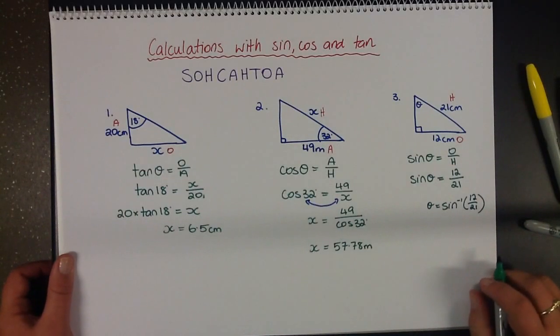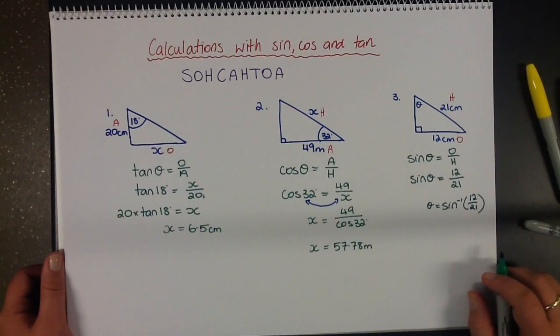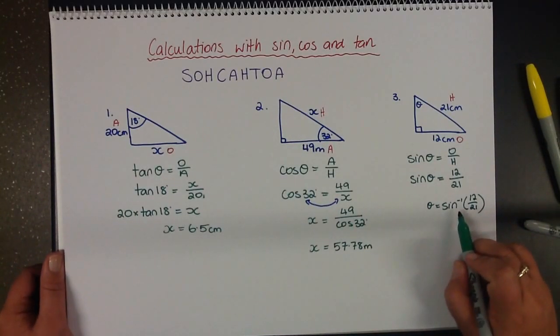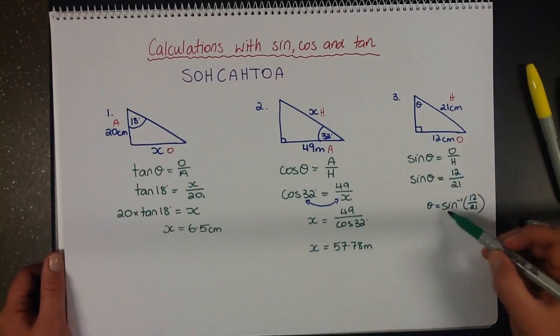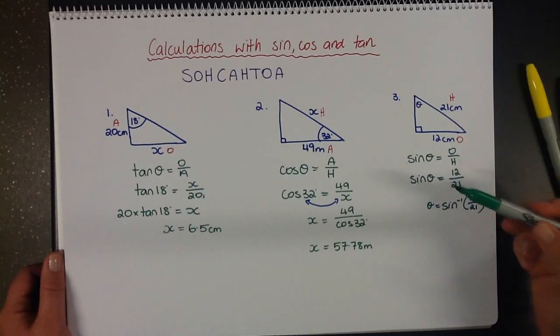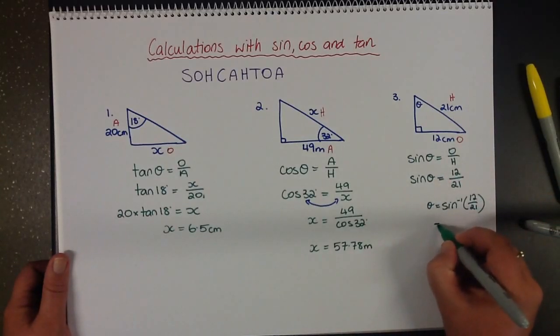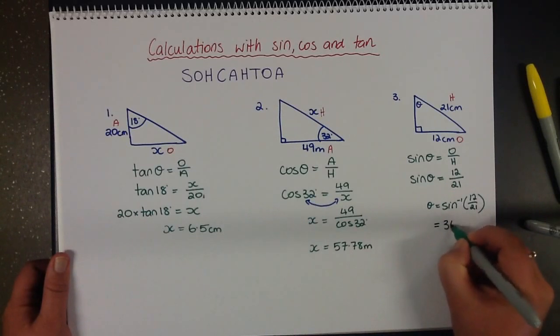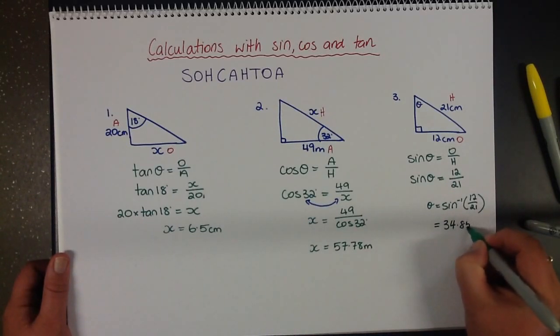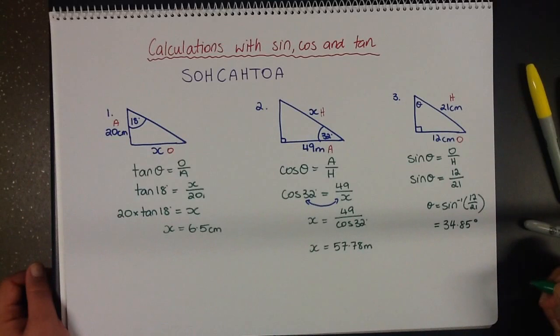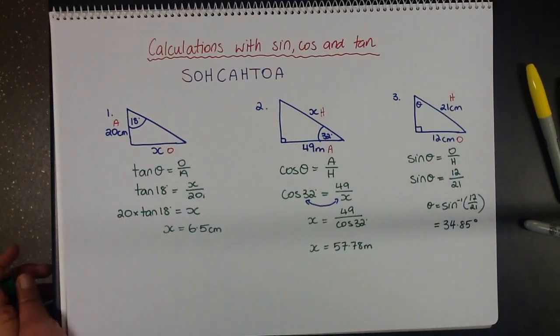Then that stays as part of our bracket, and we can just type that straight into our calculator. You'll find the inverse of each of the three ratios by using the shift button and then the original. So to get sine, I would press shift sine, and that gives me sine to the power of -1, or the inverse of sine. So if you use your calculator correctly, you should get 34.85 degrees. And that's how you work with sine, cos, and